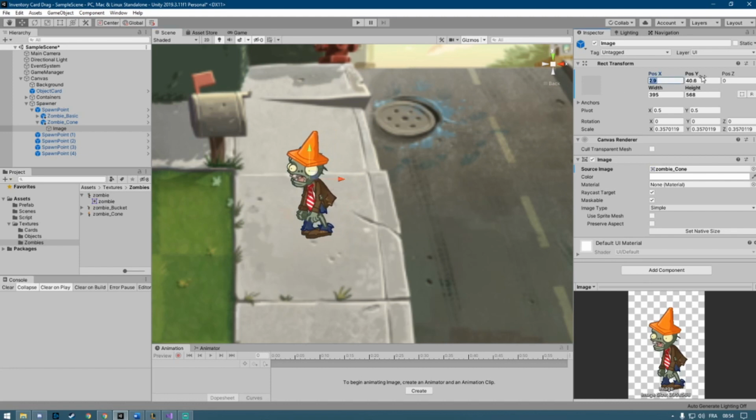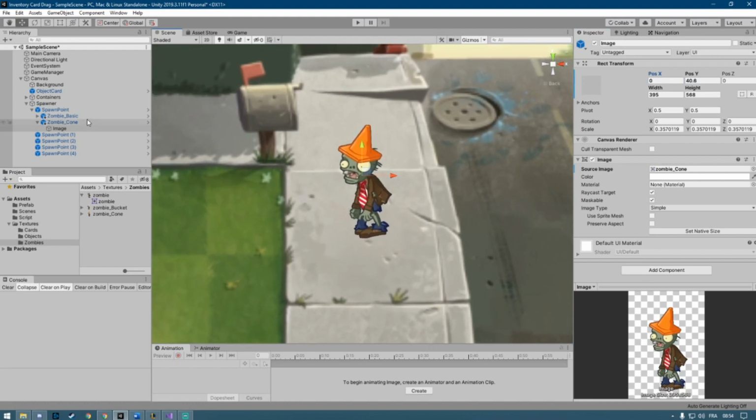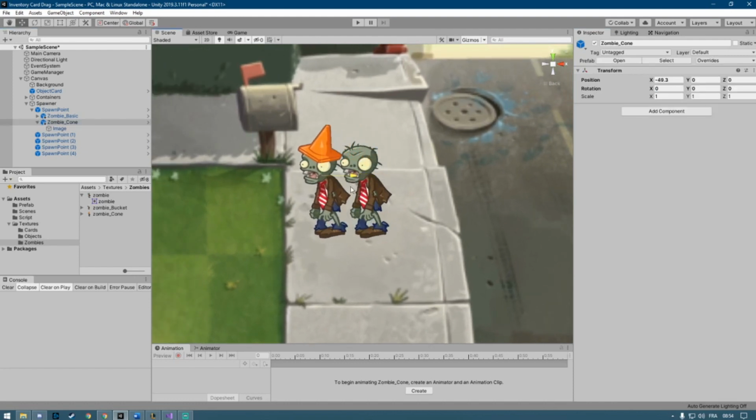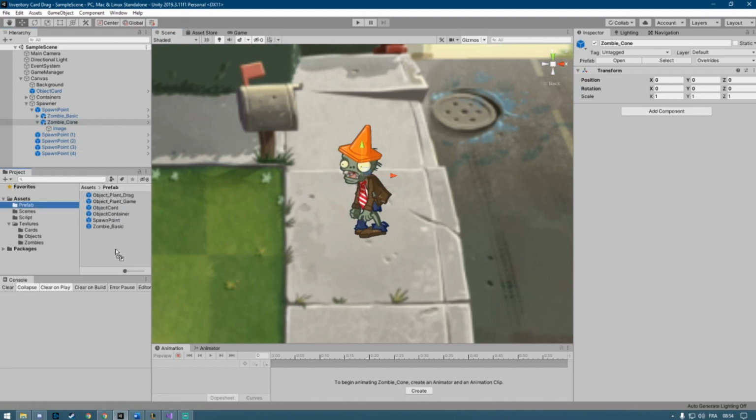Just put it at 0, 0. Only 0 on X, and on the Y it's fine like that. So it's the exact same zombie but with a cone. So this one we can create a prefab now with it. Let's put it inside prefab,